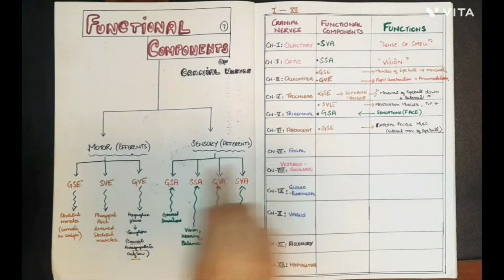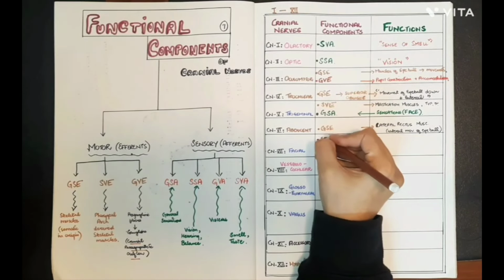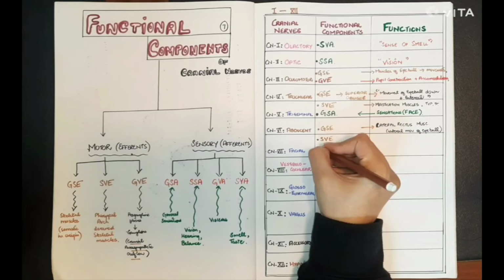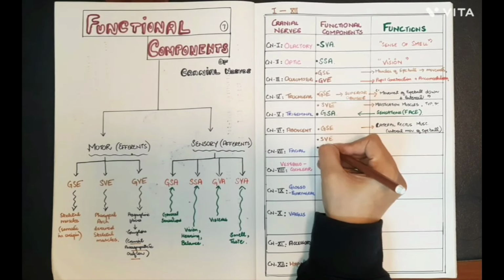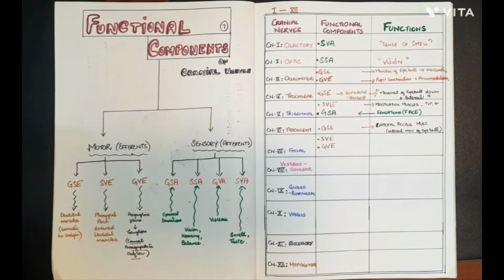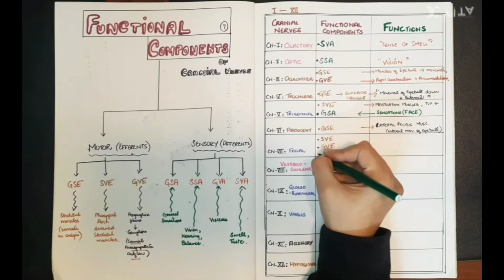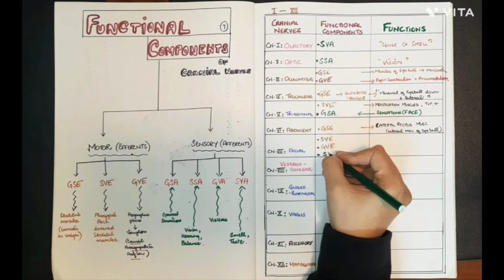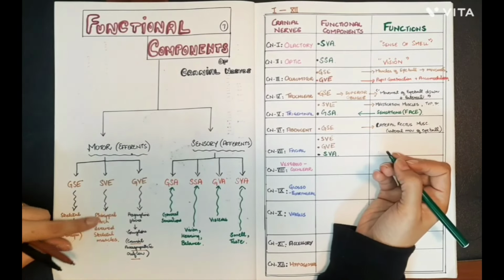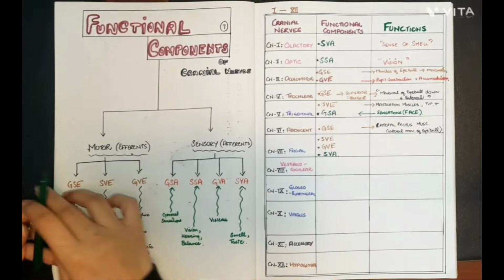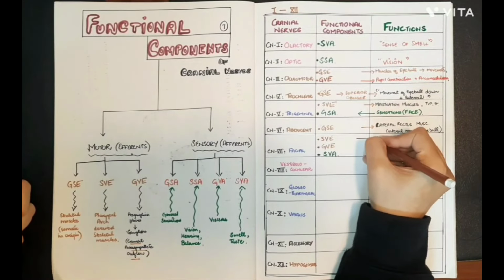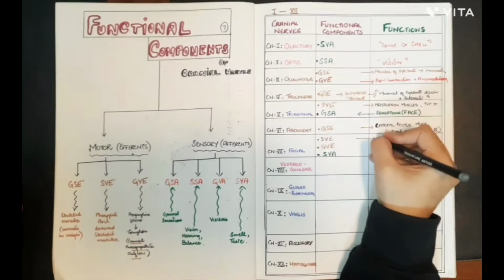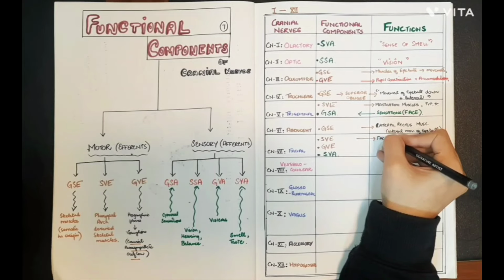Let's move on to the very important facial nerve. As we know, the facial nerve is responsible for the motor supply of our face and is involved in the facial expressions. But the muscles of the face are derived from the pharyngeal arches. So the special visceral efferent component of the facial nerve is justified, as it supplies the facial muscles involved in